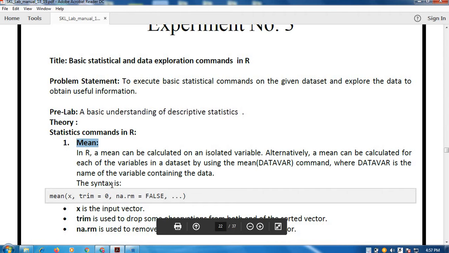So the syntax is mean, then x is representing the input vector or data set, then trim is equal to 0. This trim word is just like the trim we use in strings, where we generally use trim to avoid the spaces.